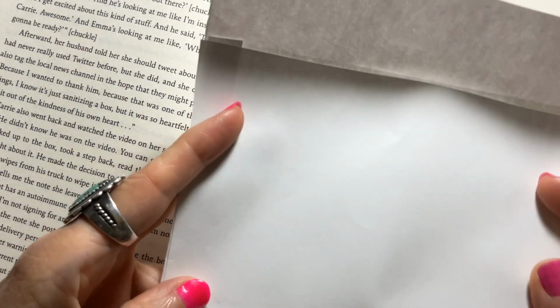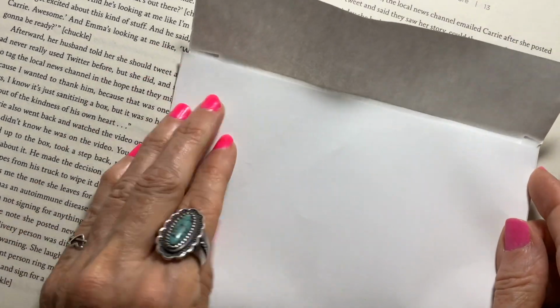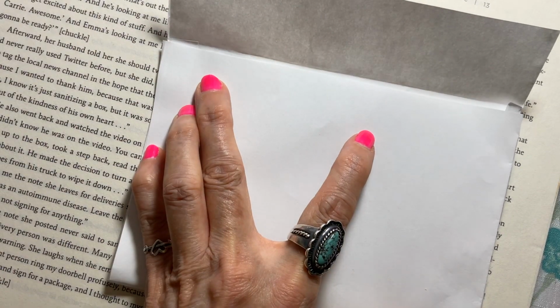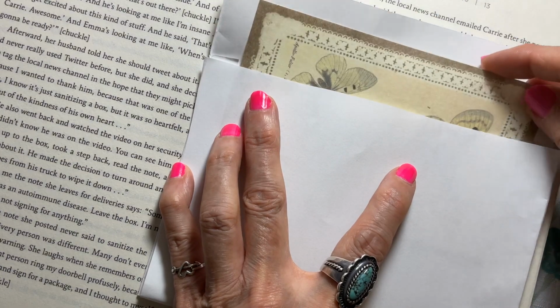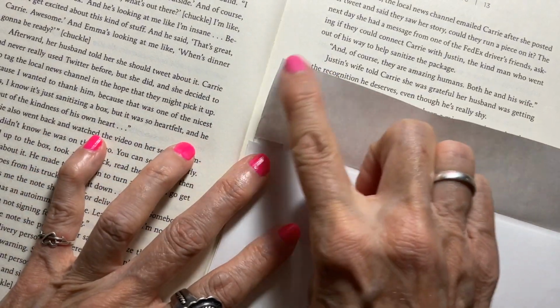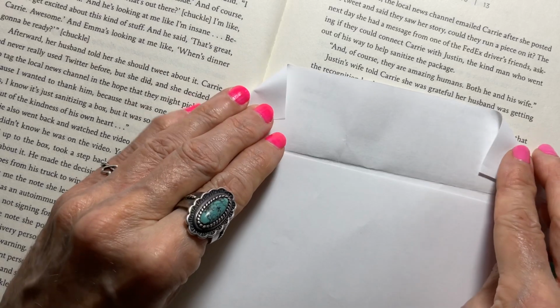And then we got the glue there. So this will be sealed on each side, of course. So that'll be sealed. That'll leave our opening there to have our journaling cards and stuff in. And it's going to be the exact size of the cards that I want to put in there. Okay. And then of course we can do our little rounding of the corners or little fold downs